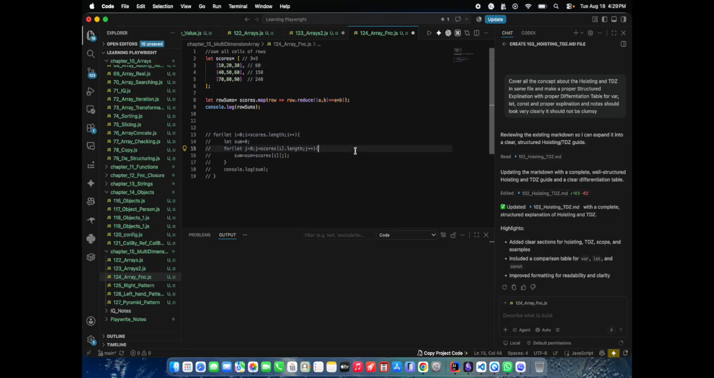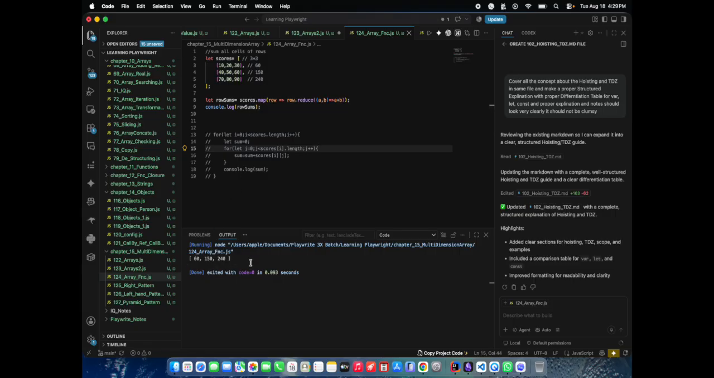So if I print this one now, it will become 60, 150 and 240. So this is how it will get printed. This is our row sum, whatever it was printing. The same thing we can do with the help of this one